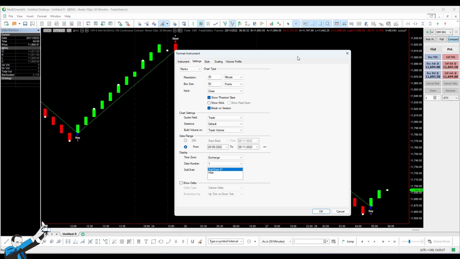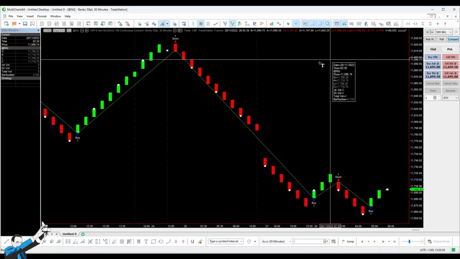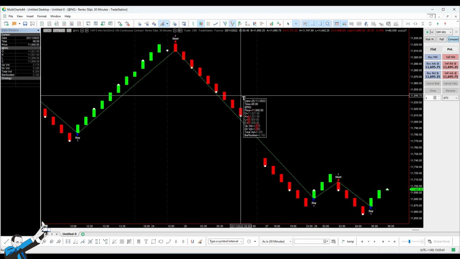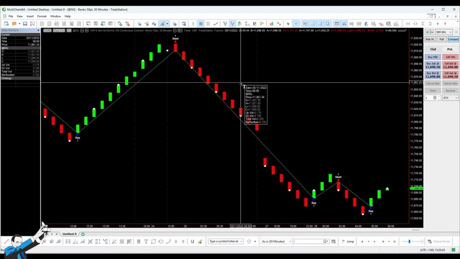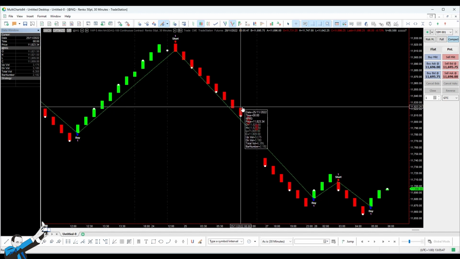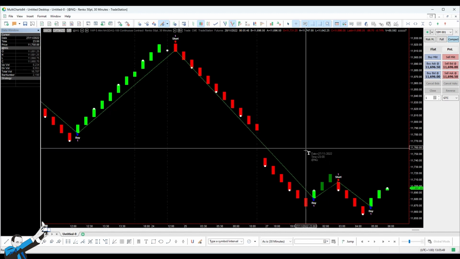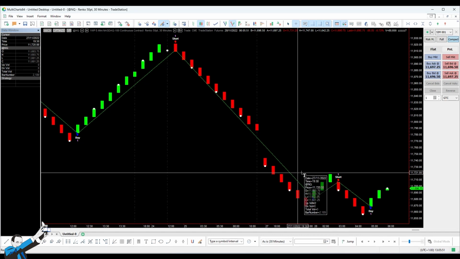What does that mean? Well, it means that every 30 minutes, I'll go and check to see where the price is compared to 30 minutes ago. So we'll use our threshold, which we've just set, to build the bricks. So if we are 50 points above, we'll build a green brick. While if we're below 50 points, we'll build a red brick, yeah. And in case we're in the middle, well, we're not going to build any brick.